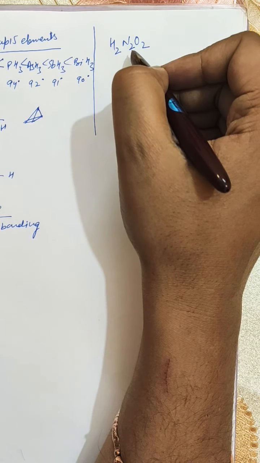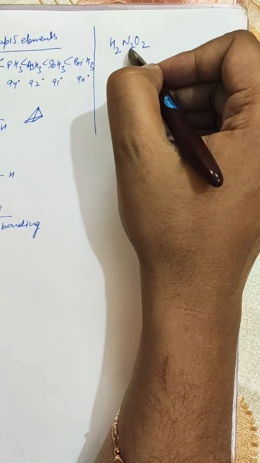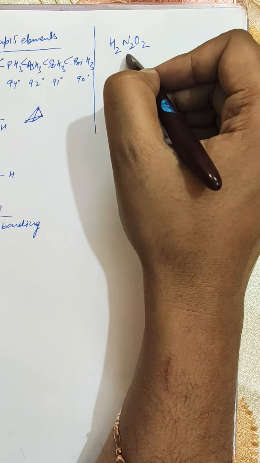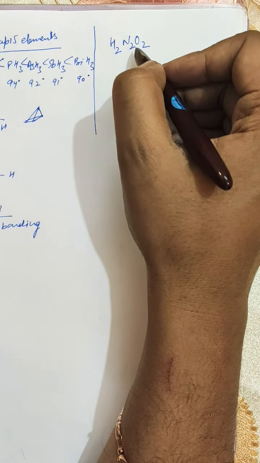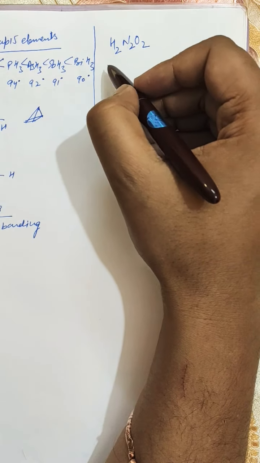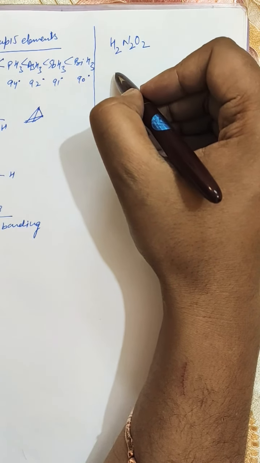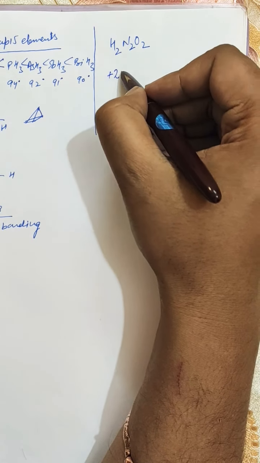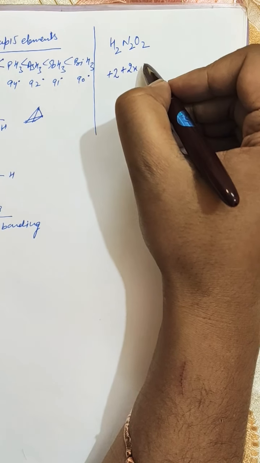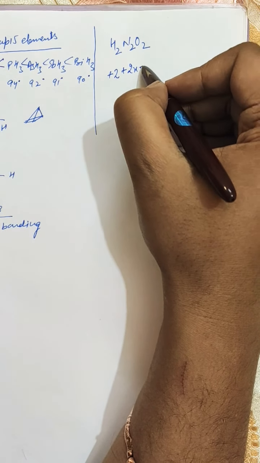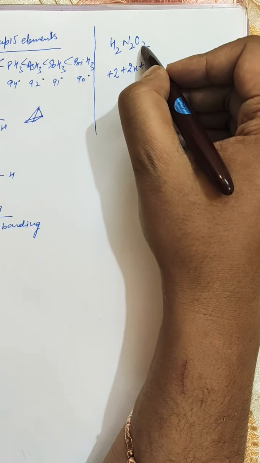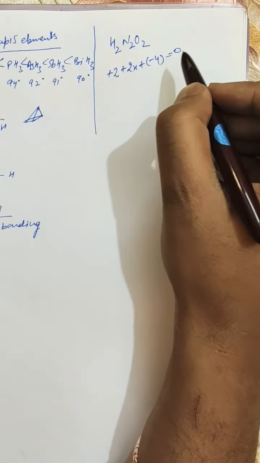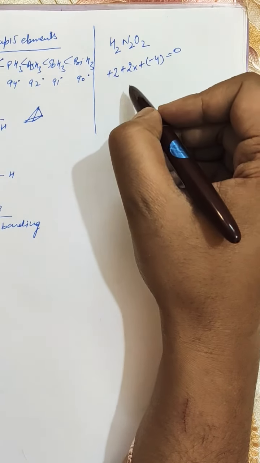So first of all you must know the general properties of these oxo acids, that is, what is the oxidation state of nitrogen here. So first of all you have to calculate the oxidation state of the nitrogen. Oxidation state of nitrogen is x, hydrogen is +1, so there are 2 hydrogens, so it is +2. Further 2x, we have to determine the 2x, and oxidation state of oxygen is -2. So there are 2 oxygens, so it is -4. Further it is equal to 0 because there is no charge on this compound.